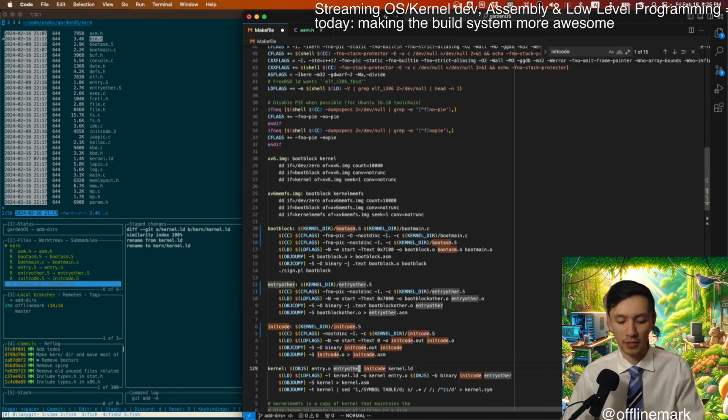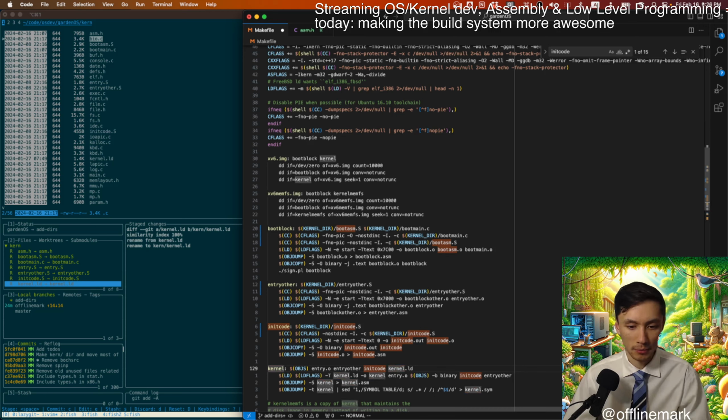We have no separation between the build output dir and the source files, which is a big thing on my list to do next. But let's just keep moving on. Okay, kernel.ld.